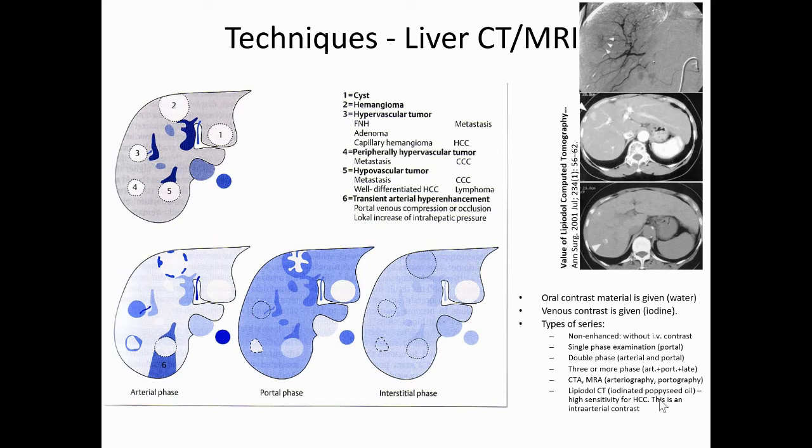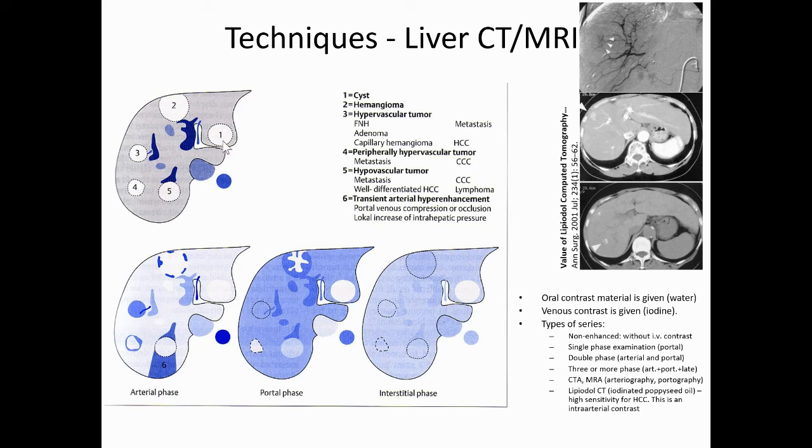I talked about this 2 weeks ago. So if you're not sure what is on these images, then please go back to that talk. And this schematic drawing shows how the different lesions would behave at CT. So let's take a cyst, which is indicated by this circular area and number 1. Cysts do not enhance at all. So this area will remain hypodense, is what this image is trying to